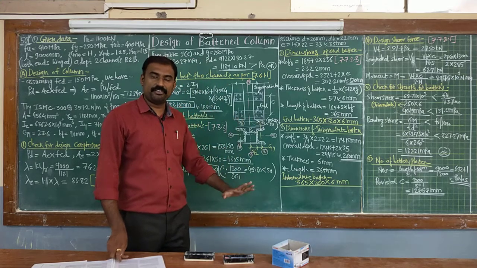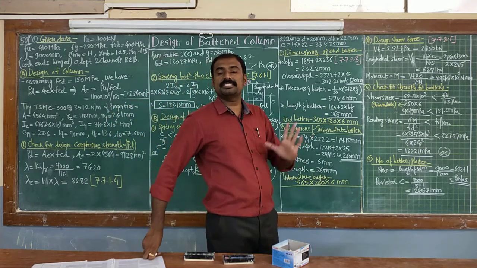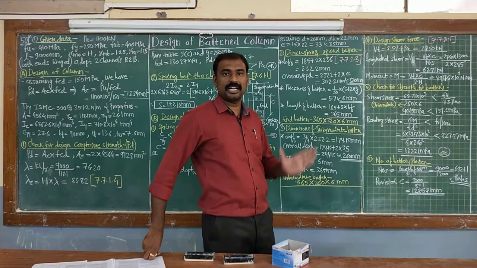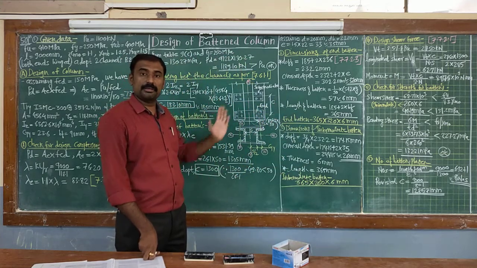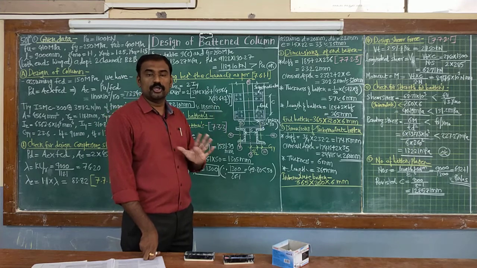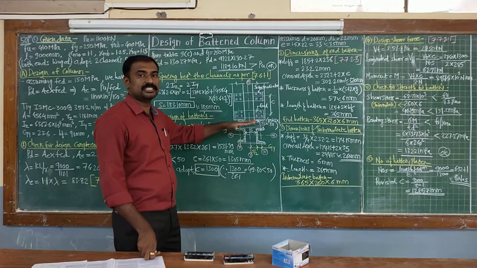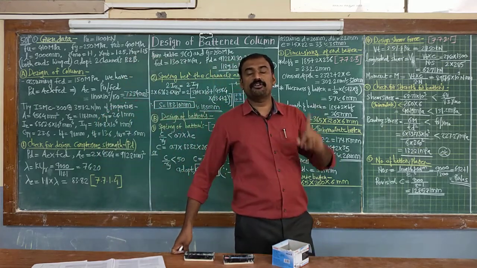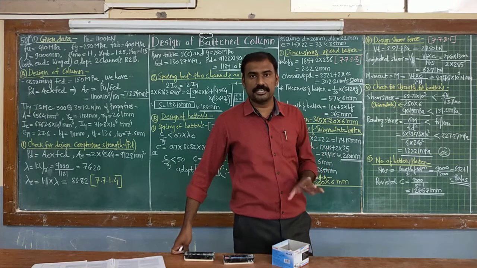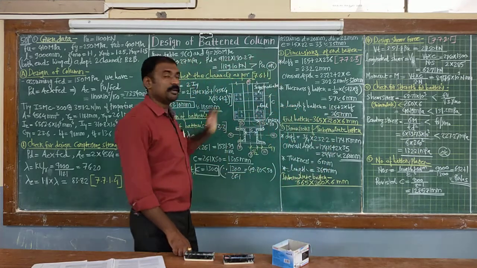The basic difference between your lacing and battening system is, for lacing connecting system these are your inclined members, correct? And in case of batten system these are your horizontal plate elements. This may be subjected to certain movement also. So bending stress calculation or moment calculation also we are going to do in case of batten system. In case of your lacing system we are only checking it for compressive force and applied tension force. Here we are going for bending strength check also in case of your batten system.